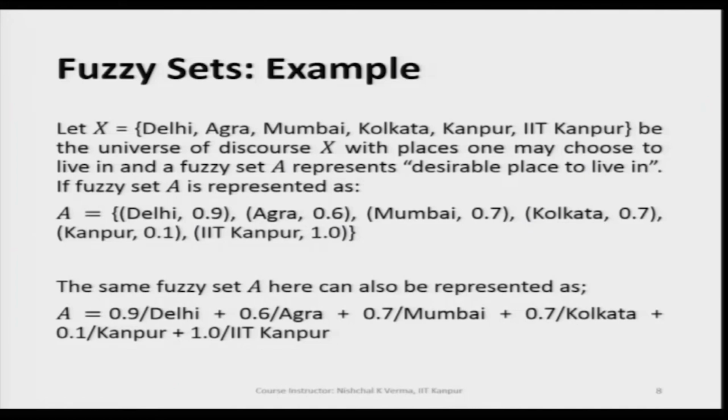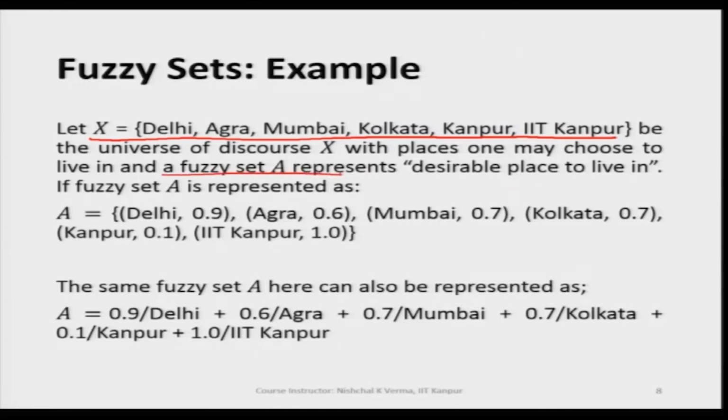further. We have a set of cities, and this set is here for this example taken as universe of discourse. So, capital X is the universe of discourse. It means that whatever elements that we will be taking are including in our fuzzy set will be taken from this set. So, these are the places, the cities which we may choose, and then if we want to write a fuzzy set like this,